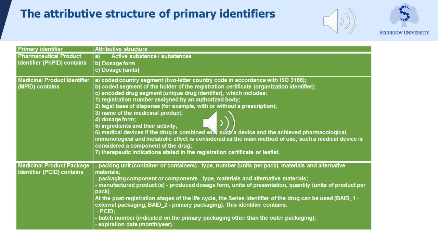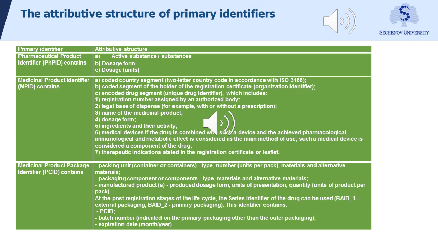On the next level, there is medical product identification, which in addition contain data about country, registration certificate in this country, drug segment, registration authorization body, legal basis of dispense, can be dispensed without prescription or not, name of the medical product, dosage form, ingredients and their activity, medical devices if they're included, therapeutic indications,